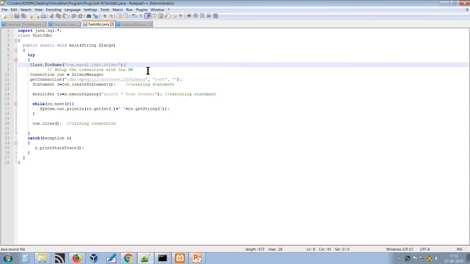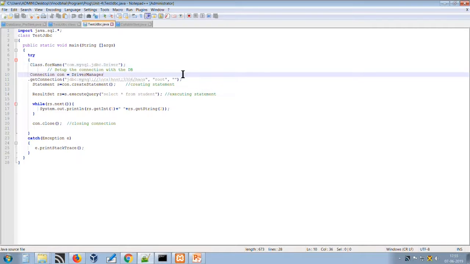Right now we are using a MySQL database. So we are loading the driver of MySQL, and the syntax is com.mysql.jdbc.Driver. Once this statement executes, it will load the driver for our database. Then after that we are using a